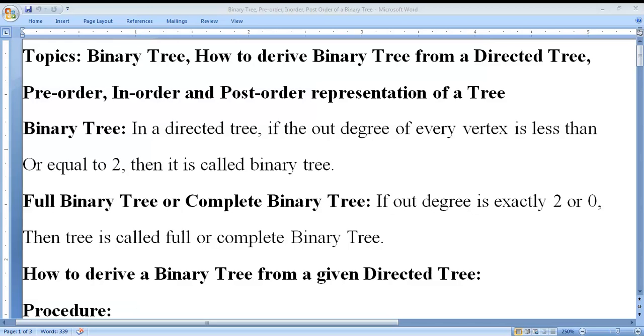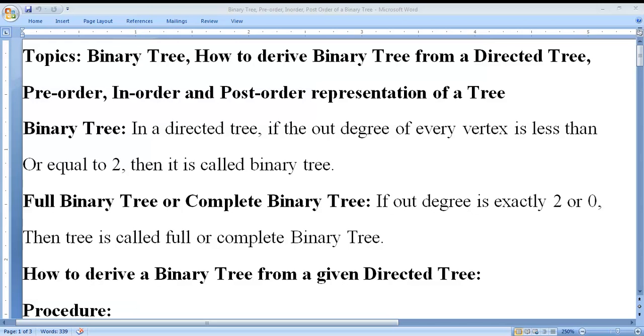So the major difference between a binary tree and a full binary tree is, in case of a binary tree, the out degree of each vertex is less than or equal to 2. In case of a full binary tree, the out degree of each vertex is exactly 2 or 0. That is the main difference.